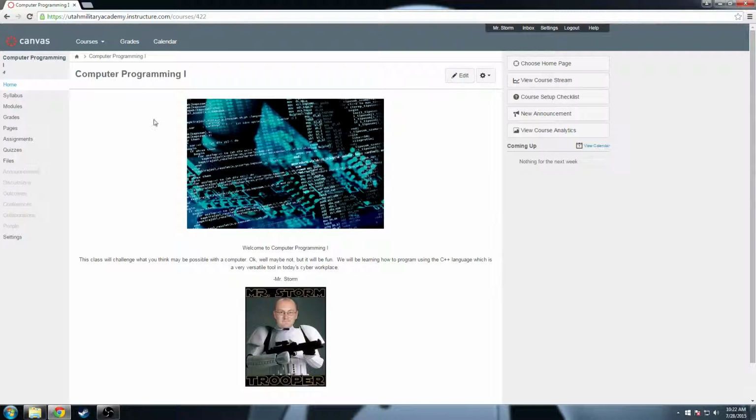So what I'm going to do is I pulled up Computer Programming 1 from fourth quarter of last year, so I can show you an example of a fully built course and one that I've actually used and taught from. Now, my style of teaching is I teach everything through Canvas. When I'm teaching, I'll pull up that actual course in Canvas, and I'll show it on the projector,